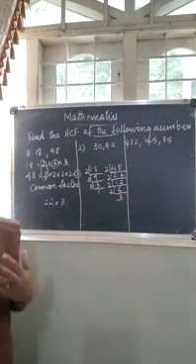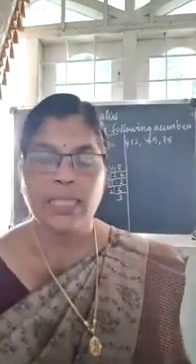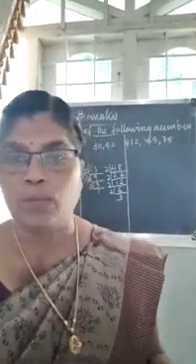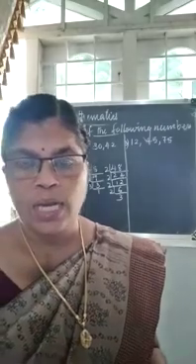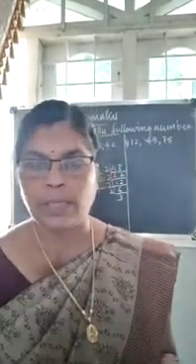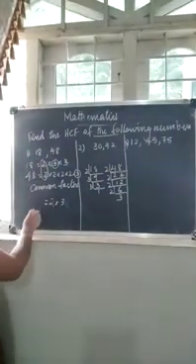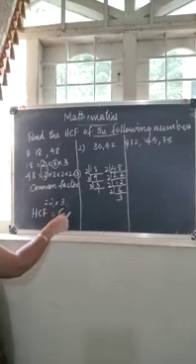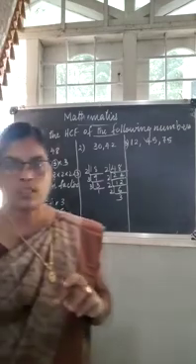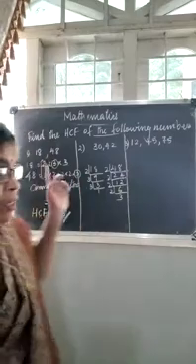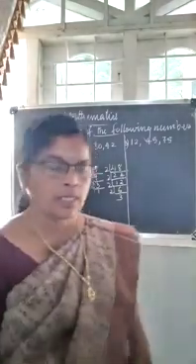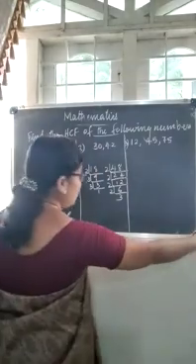Then tell me, two factors are there, 2 and 3. Then what is the highest common factor? Highest means multiply both the common factors. Then we get the highest common factor, that is HCF. HCF is equal to 2 into 3, that is equal to 6. This is the highest common factor of 18 and 48. Okay, is it clear? Yes. Next we move to the next numbers.